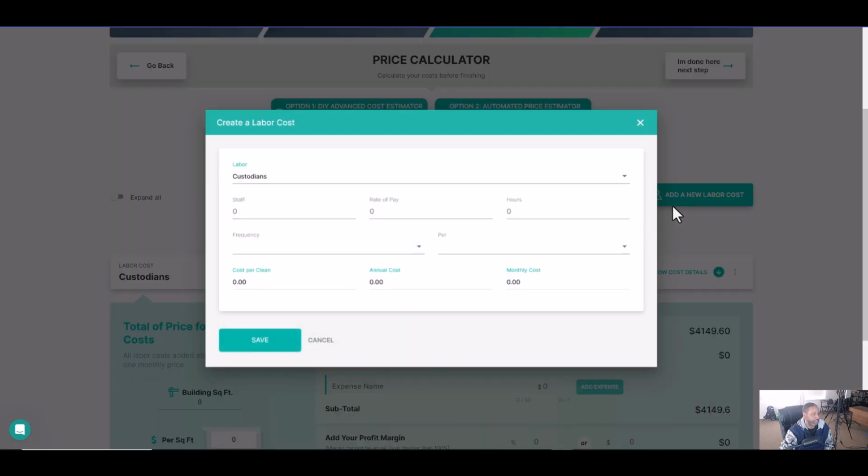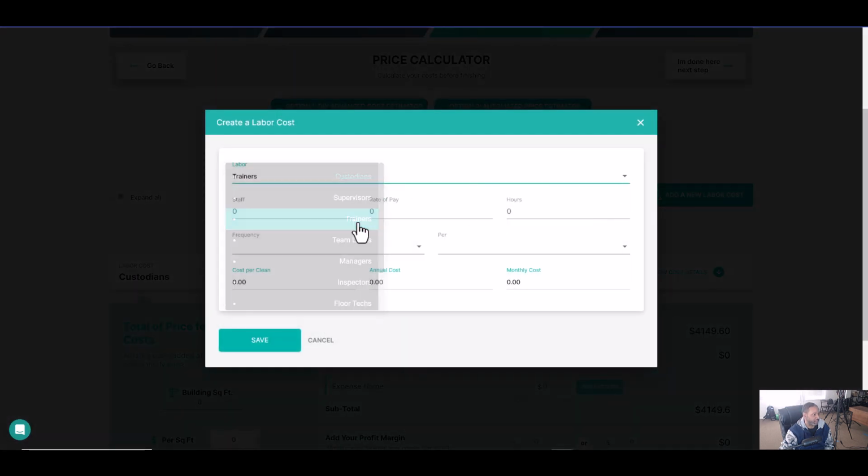So if you're not including trainers, and I can tell you at a later date how we do our training. Well, I'll just tell you now. So the way our company trains is that we have,